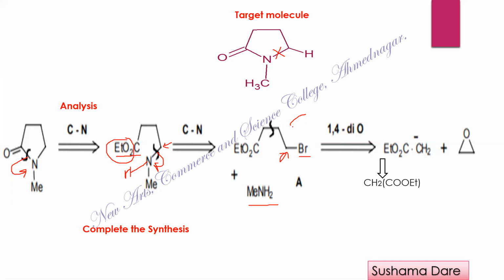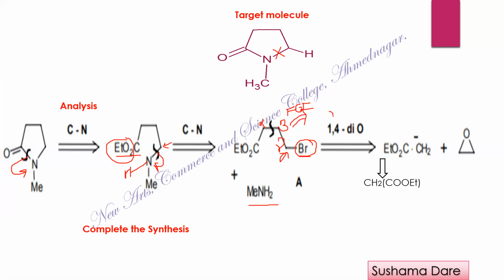Now, whenever a halogen compound is there, we always go with the FGI. So first you have to do the FGI, and the Br you have to replace with OH. So first of all, replace the Br by OH. After replacing this Br by OH, now you can see this carbonyl group. Next to that, this is the alpha, next to this one is the beta, and this is the gamma. So overall, it is a 1,4-dioxy pattern, but at the same time, it is a gamma-hydroxy